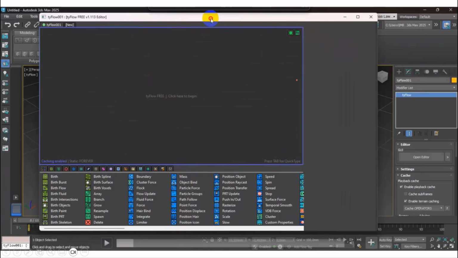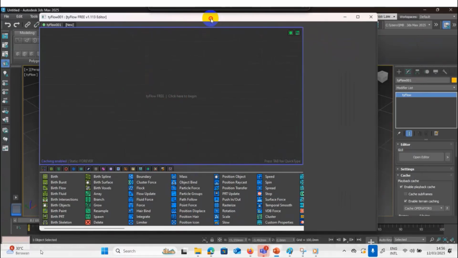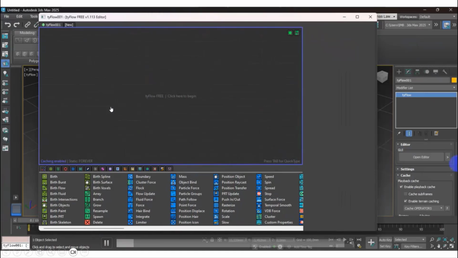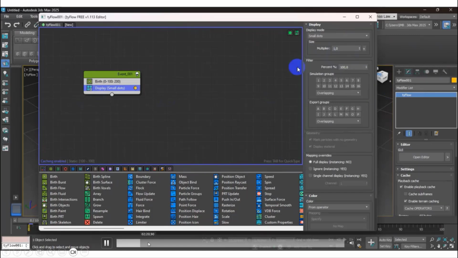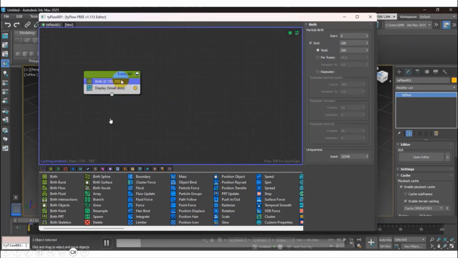Okay, so I move. I drag the birth. The birth indicates, when you see my screen, there is zero. If you see in 3ds Max, there is a time frame at the bottom, so you can decide which animation will start.